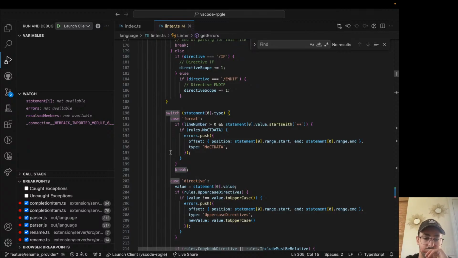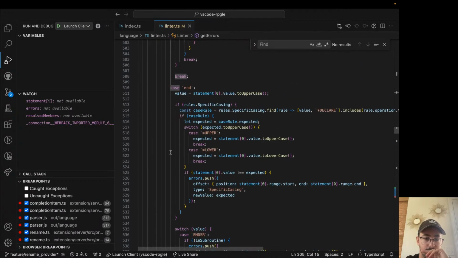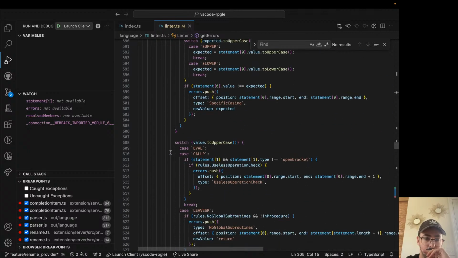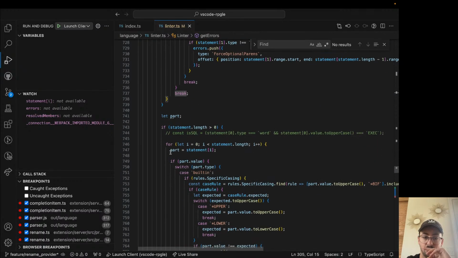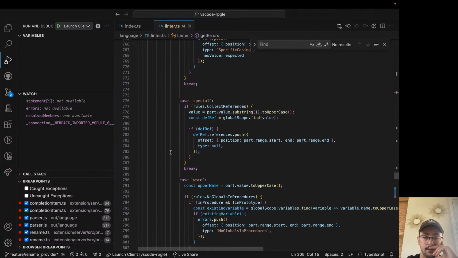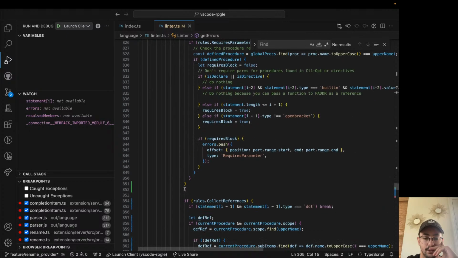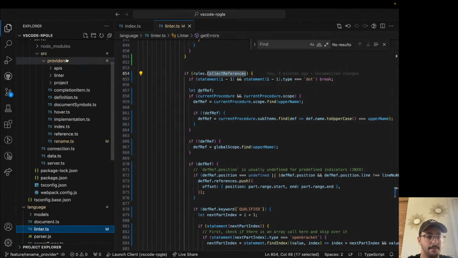Okay, I get it. So we go through, check all the different statement types, and if it's an end, if it's a word, oh, well, that's why. No, it's not, because then we go through it again. We go through the statement itself, and we go through every token in it, and we check it out. So when it's a word, which in this case it is, collect references, should be, all right, well, let's go look at a test case where